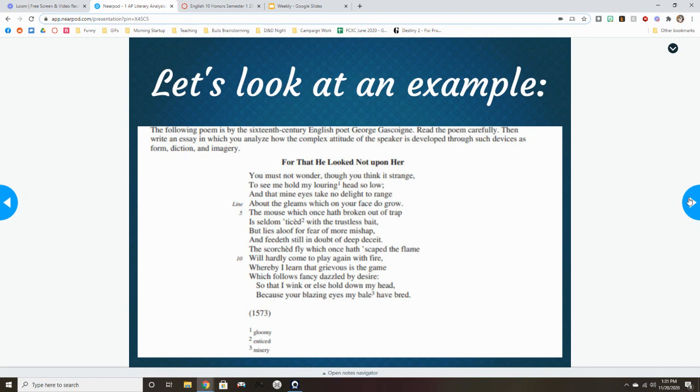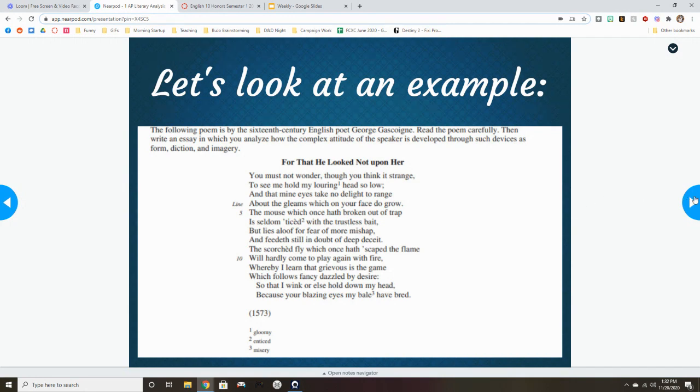The scorched fly, which once hath scaped the flame, will hardly come to play again with fire. Whereby I learn that grievous is the game which follows fancy dazzled by desire, so that I wink or else hold down my head, because your blazing eyes my bale have bred.